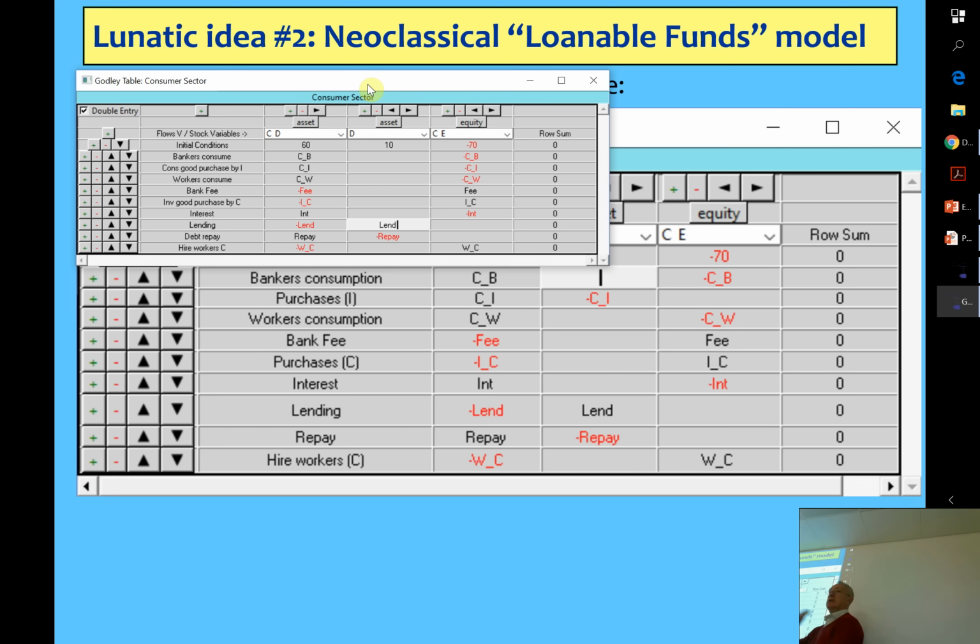Okay. So in that sense, this is one of the weird things about the loanable funds model. It puts debt outside the financial sector. So basically then, I've got a debt, I've got a piece of paper at home which says that I owe somebody money. Well, if you lend to Mads, you've got a paper saying Mads owes me $100. Right, so at home I've got a paper saying Mads owes me $100. And I've got minus $100 in my bank account.